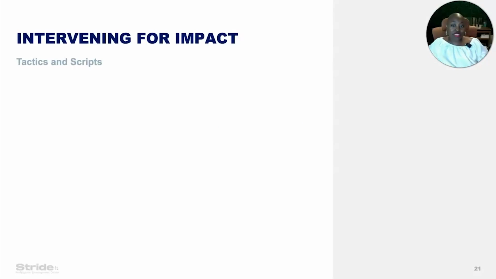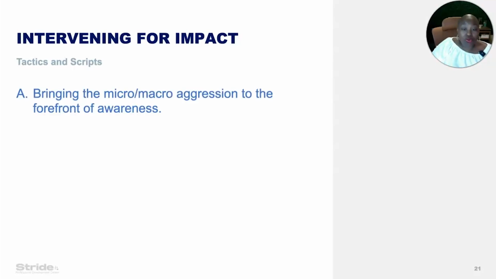So here are a few ways that Ms. Carter can intervene for impact. Here are a few tactics and scripts that she could use to directly address Mr. Johnson. So the first thing that she could do is to bring the micro or the macroaggression to the forefront